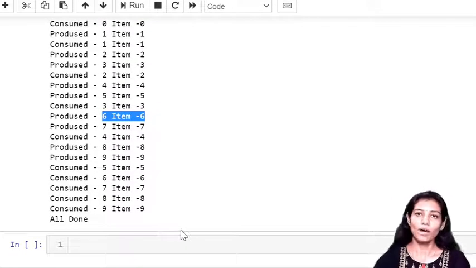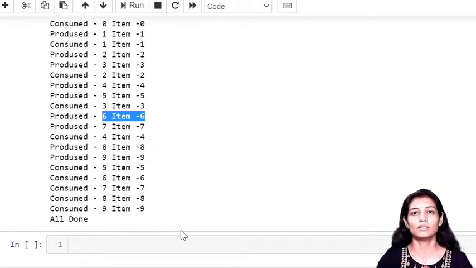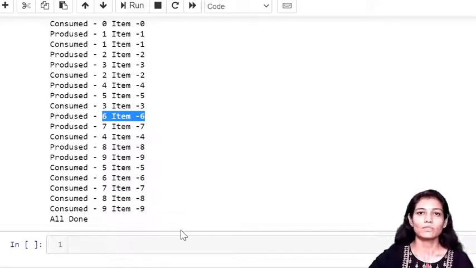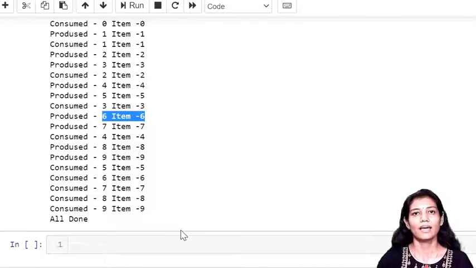I hope you have understood what inter-thread communication is, and the rest of the topics, like the different ways to implement threads, and what synchronization is. I hope these topics are useful to you in order to understand threads, and see you soon in the next session. Till then, happy learning.